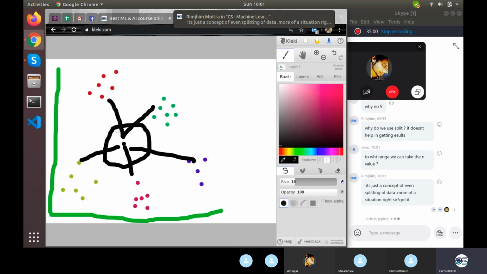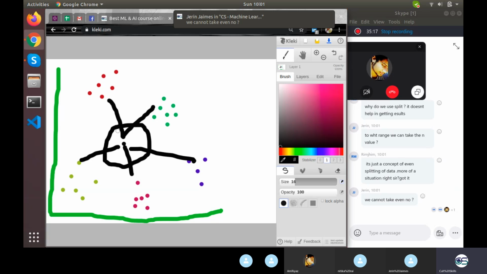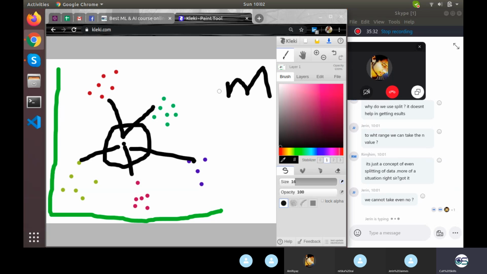Yeah, it's a kind of situation, exactly. And you will find that when you keep on growing the value of k, it will end up showing you consistency, because at that moment there will not be any kind of split. Can we not take an even number? No, you cannot take an even number at all. Even out of odd numbers, you need to choose them wisely, because if you take an even number, it will be split into two classes. If you take any number m which is even, you can end up splitting m by 2 here and m by 2 there, or into any classes. So that's not a good choice at all.